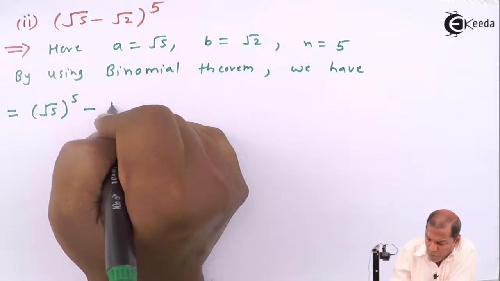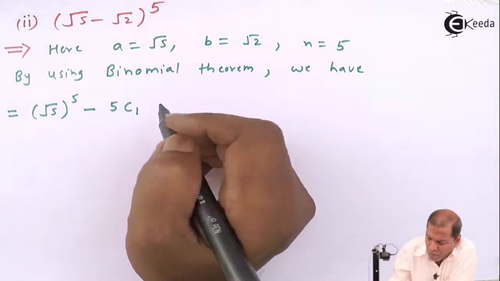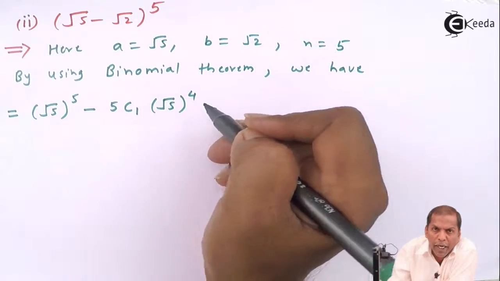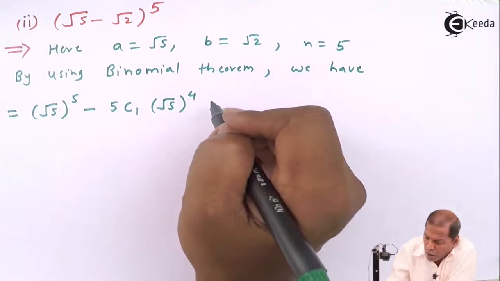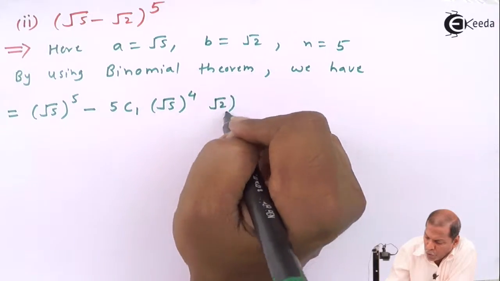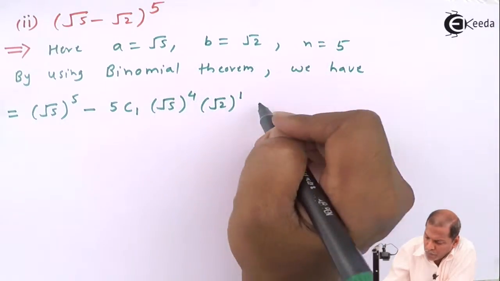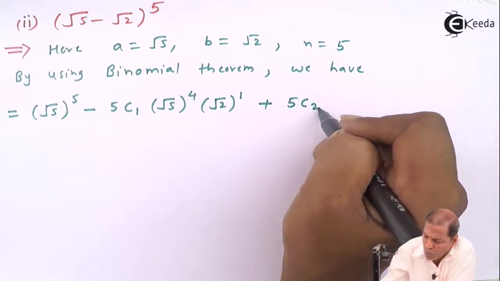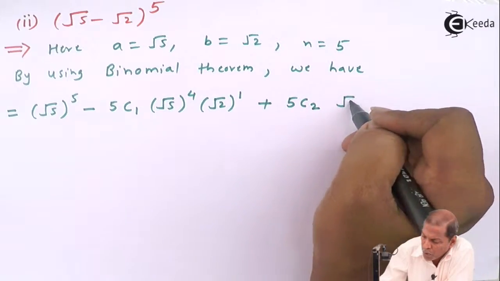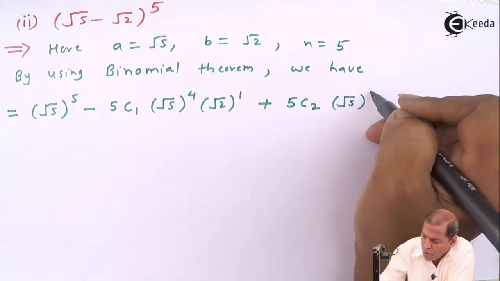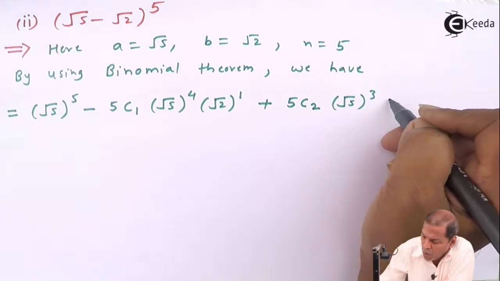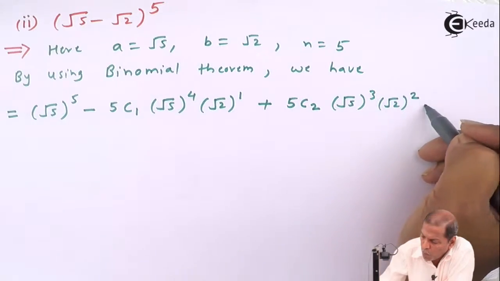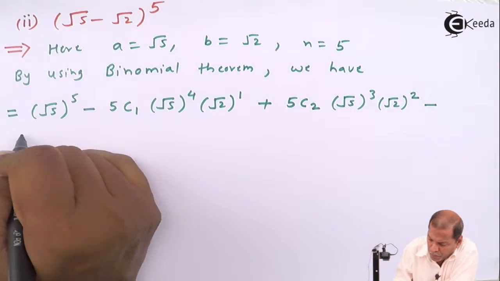minus 5c1 (square root of 5) raised to 4 into (square root of 2) raised to 1, plus 5c2 (square root of 5) raised to 3 into (square root of 2) raised to 2, minus